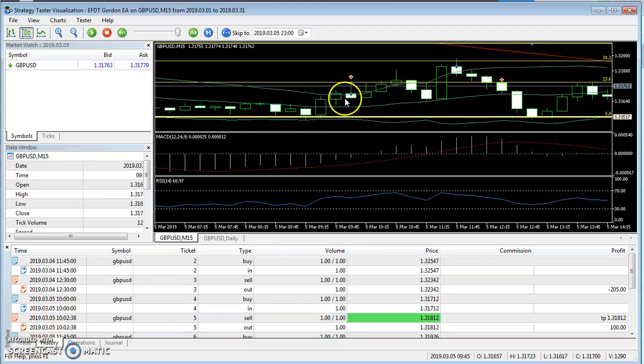So the squeeze is between here and here, and it starts to expand as it starts going through here, and the upper band starts breaking up this way, starts going up this way, and the lower band starts going down this way. So that's why, and we can see here the candlestick broke the upper Bollinger Band just a bit,